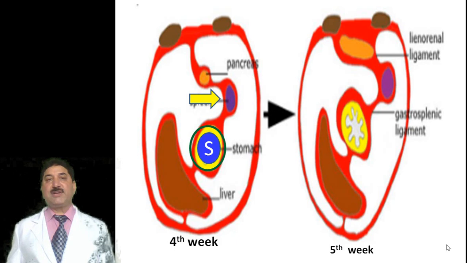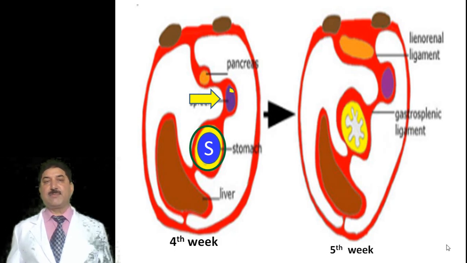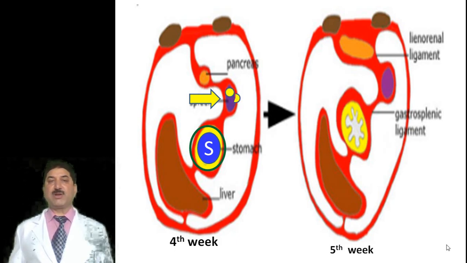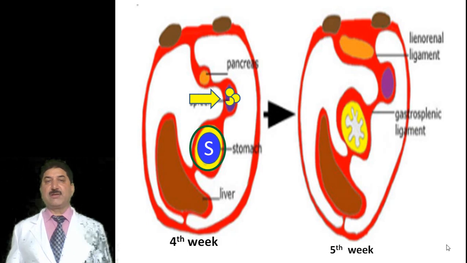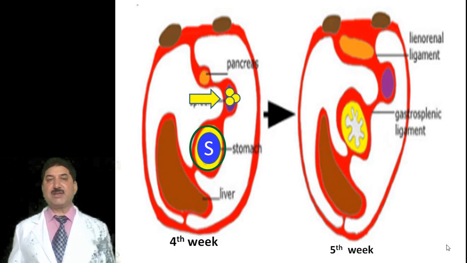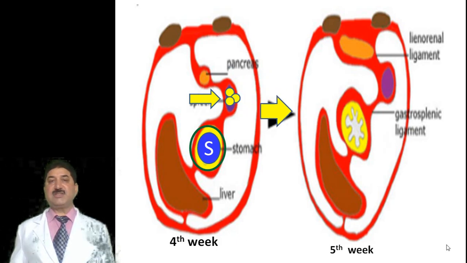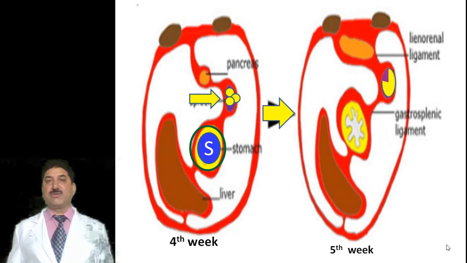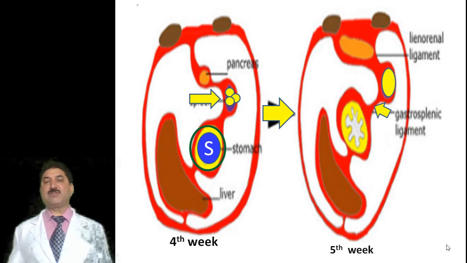Spleen develops in the left layer of the dorsal mesogastrium during the fourth week of intraembryonic life. Mesodermal condensations appear in the dorsal mesogastrium. These condensations fuse with each other during the fifth week of intrauterine life to form the spleen. It is connected with the stomach by the gastrosplenic ligament. Thus, the dorsal mesogastrium is divided into